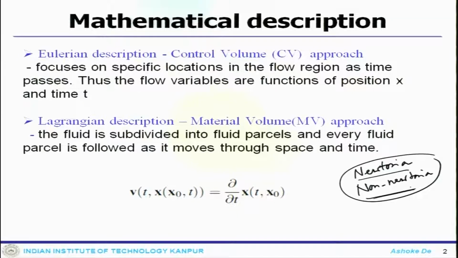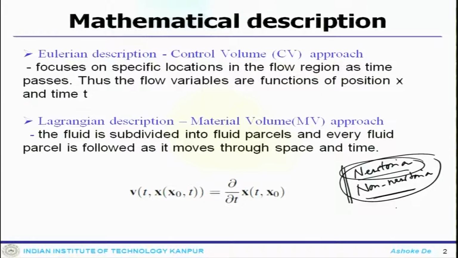So, all continuum mechanics would be valid, and mostly we will be dealing with Newtonian systems. But there are fluid flow systems, like flow through blood vessels, which are naturally non-Newtonian in nature, where the viscosity could be a nonlinear function of the shear stress. So, this is the classification based on the viscosity and shear stress relationship.